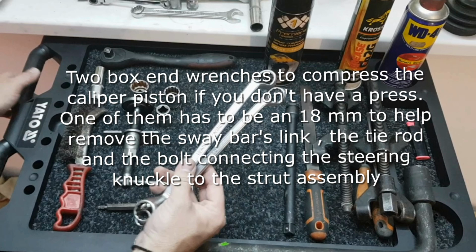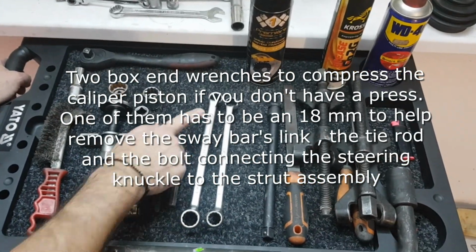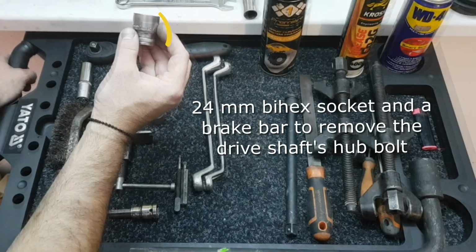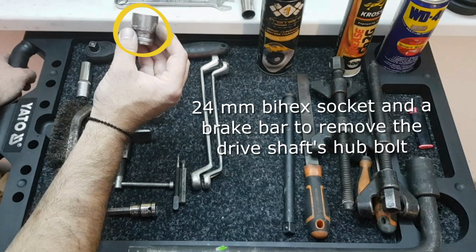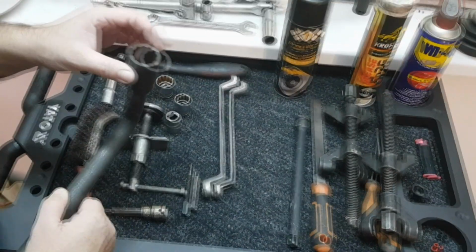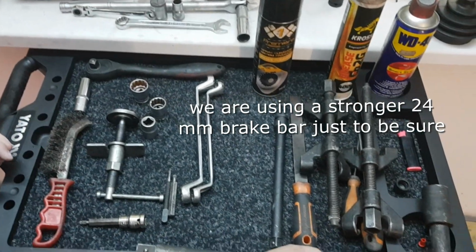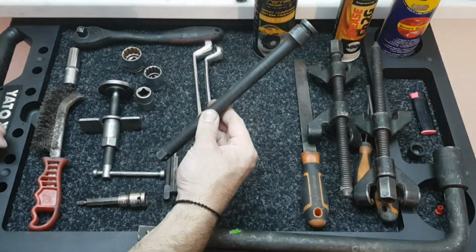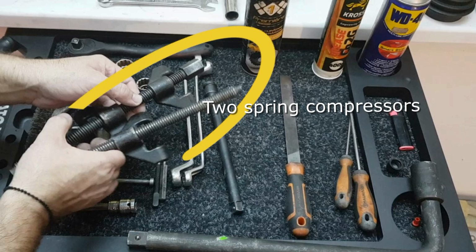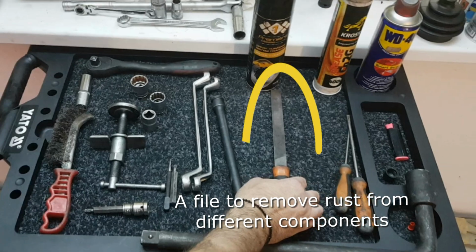One of them has to be an 18mm to help remove the sway bar's link, the tie rod and the bolt connecting the steering knuckle to the strut assembly. A 24mm by hex socket and a brake bar to remove the drive shaft's hub bolt. We are going to use a stronger 24mm brake bar just to be sure. An extender, two spring compressors, a file to remove rust from different components,